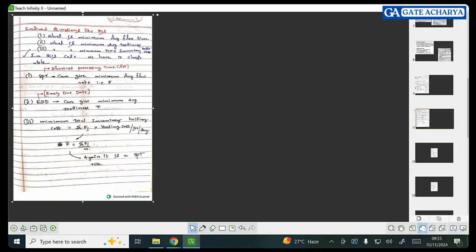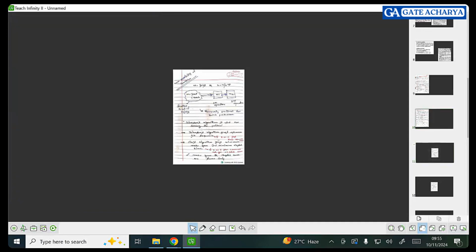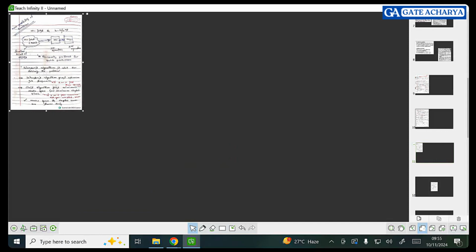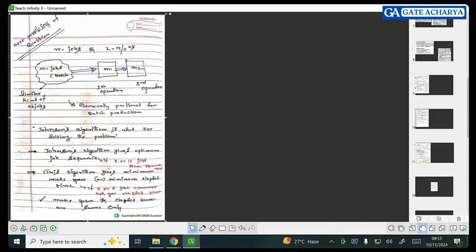I just simplified how to utilize that. Okay, next is the next possibility of the question: n jobs, 2 machines. Now here, what happened? Similar to before, n jobs means a larger number of jobs, all of the same kind. Just now I said that all jobs are cylindrical jobs only,